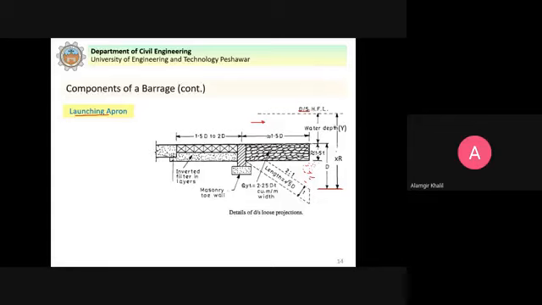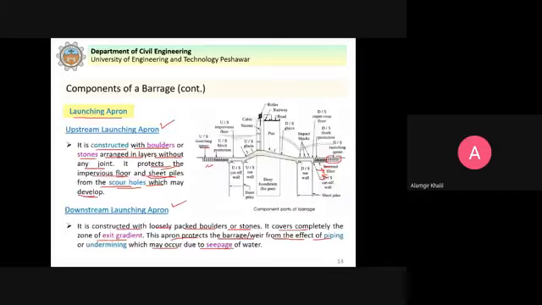So what will happen is that when this scouring takes place, this material will be removed, and this will continue. Let's say we have the toe wall and we have the sheet pile here. If I go back to the figure and continue, this is the inverted filter and you have the sheet pile here.